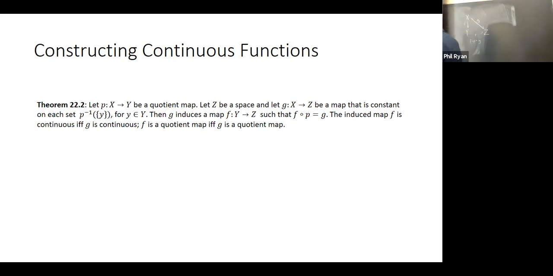Okay, so the first thing we have to do is define what f is. We're going to make sure that f is well defined. Well, that's not hard because of the fact that it's constant on these fibers here. So we want to figure out, what is f of y going to be? Well, the thing is that if we look at g of p inverse of y,